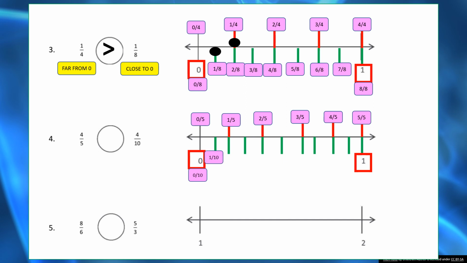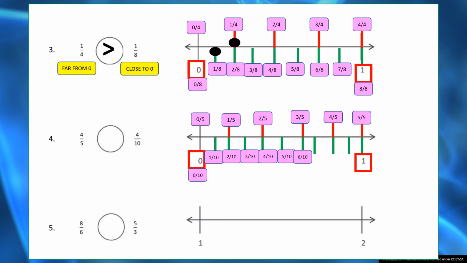The next fraction would be 1/10, then 2/10, then 3/10, then 4/10, 5/10, 6/10, 7/10, 8/10,